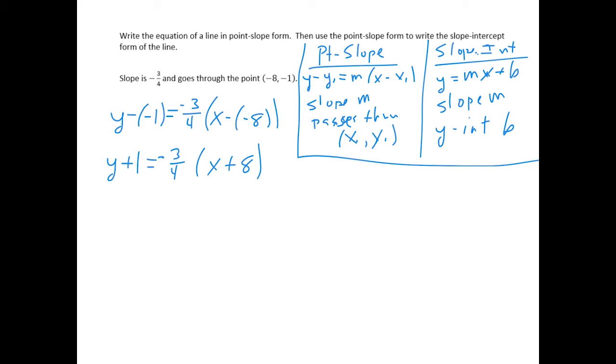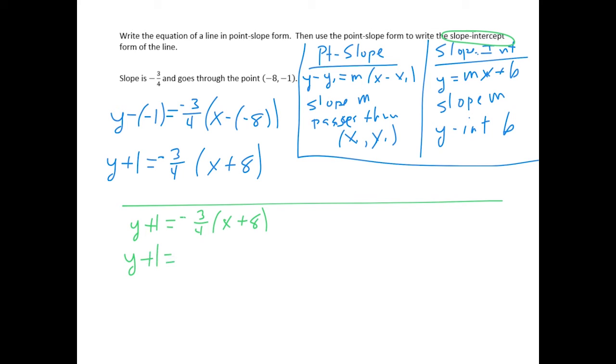So now to answer the second part of the problem, that is, in order to get the slope-intercept form, all we have to do is solve for y. So before we do that, let's go ahead and rewrite it. y plus 1 equals -3/4 times x plus 8. That means that y plus 1, we're going to distribute the -3/4, is -3/4 x minus,